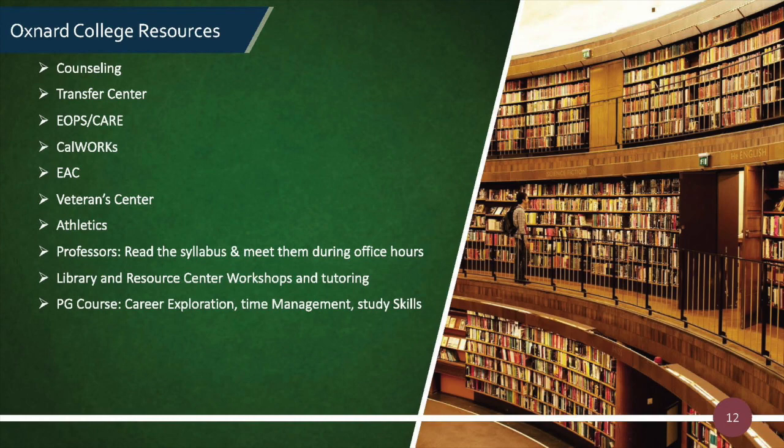Students in EOPS, CARE, and CalWORKs all get priority enrollment dates, so if you qualify, you should check them out. EOPS provides services to low-income and educationally disadvantaged students. CARE is an educational support assistance program for parents who are single heads of household and have children under the age of 18. CalWORKs is a state-mandated program that provides educational and training assistance to student parents who are receiving